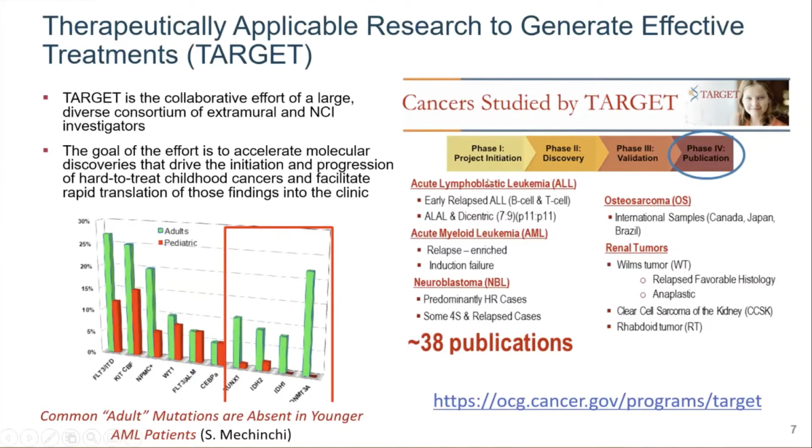TARGET is in phase 4 of the program, so we're in the publication area. The project teams within the project are separated by the different disease types that you can see here: ALL, AML, NBL, osteosarcoma, and renal tumors. The project team PIs and the COG lead the clinical trials associated with that. The goal of these project teams is to accelerate molecular discoveries for the hard-to-treat cancers and also rapid translation